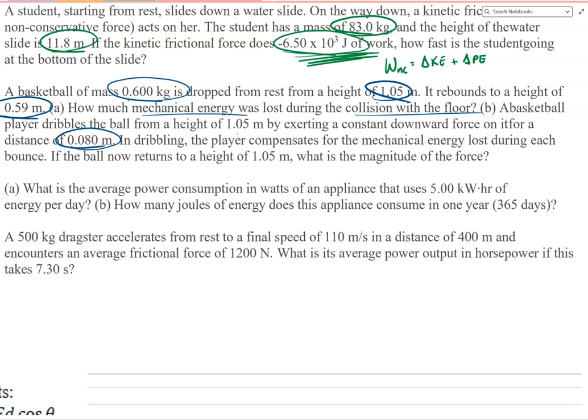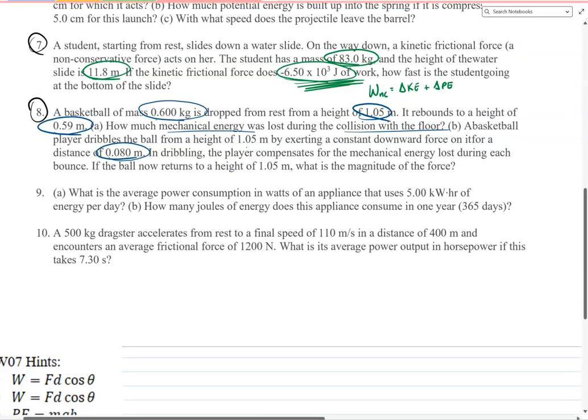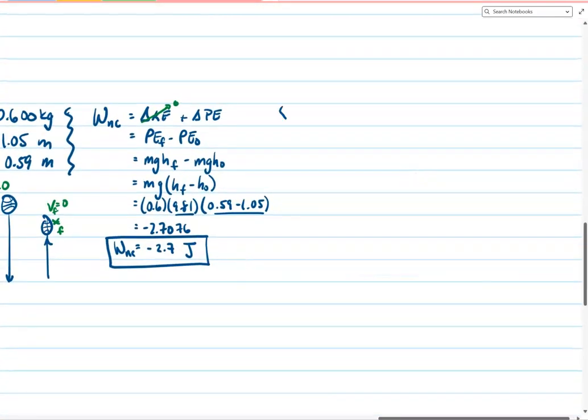So their hand must have been in contact for a certain amount of distance. The player compensates for the loss of mechanical energy because the ball is able to return back to the maximum height. So the question would be, what was the magnitude of the force that the player has put into the